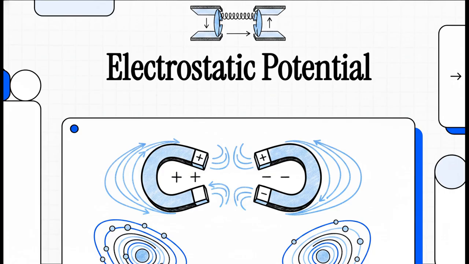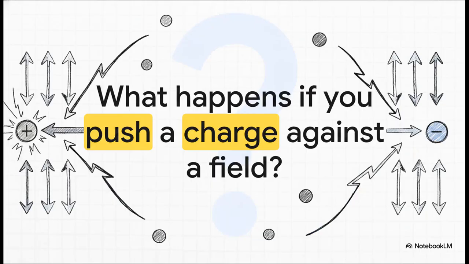We're going to map out the topography of electrostatic potential and see exactly how energy is stored in the very fabric of an electric field. Okay, let's dive right into this with a pretty simple question. What actually happens when you push a charge against an electric field? Think of this as the start of our hero's journey. We've got this tiny test charge, and we're going to force it to go exactly where it absolutely does not